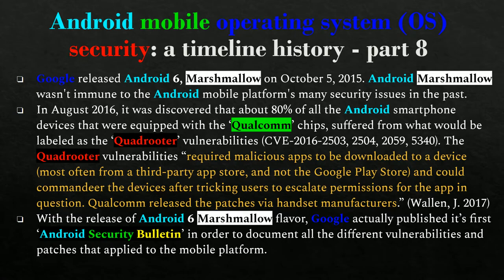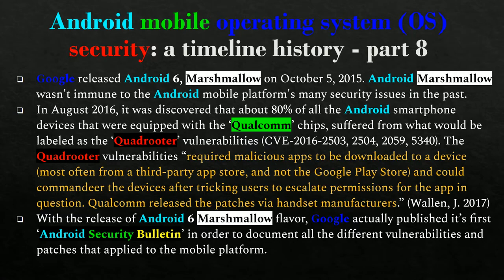After came Marshmallow, Android 6, released on October 5th, 2015. Just like any of the previous versions, Marshmallow wasn't immune to the many security issues that Android has faced in the past.